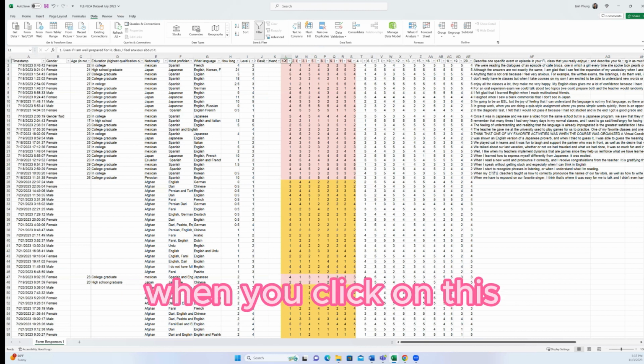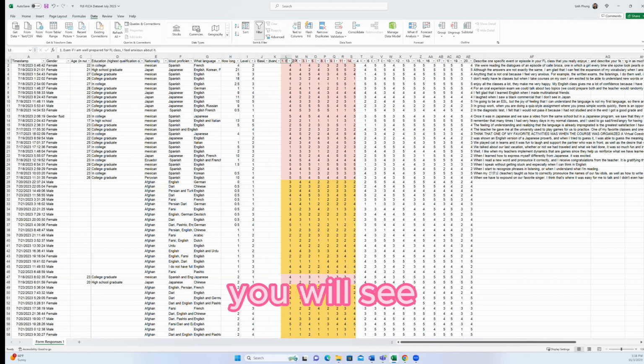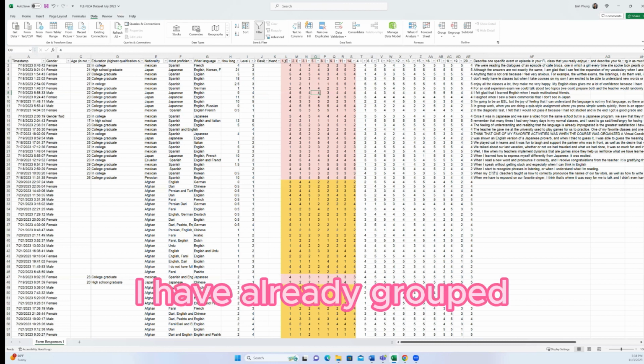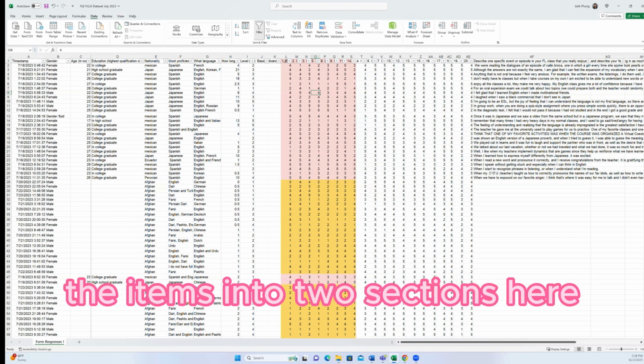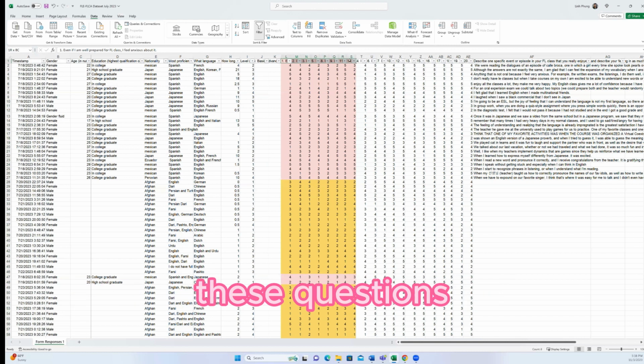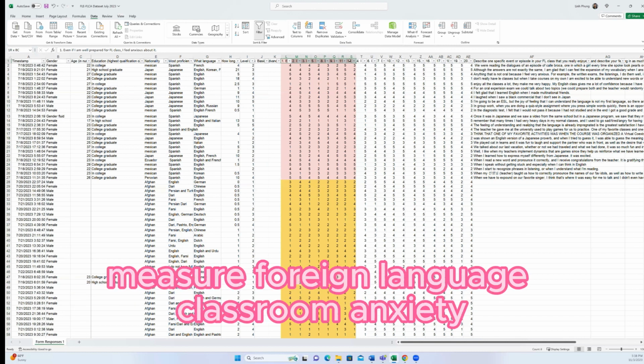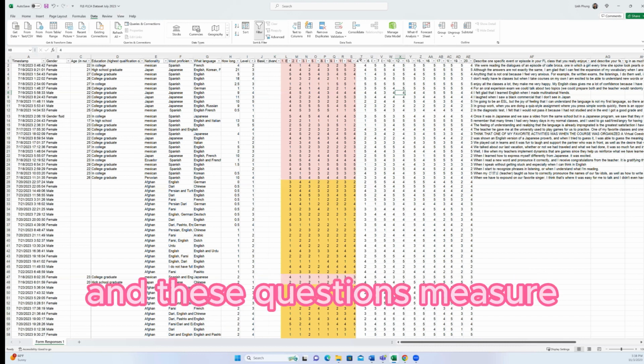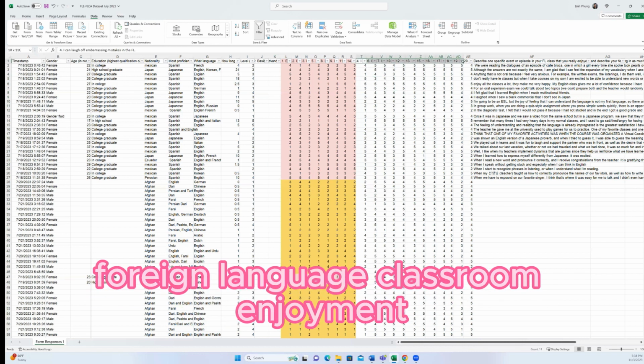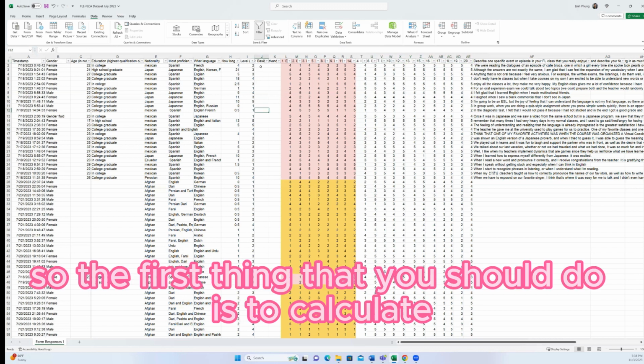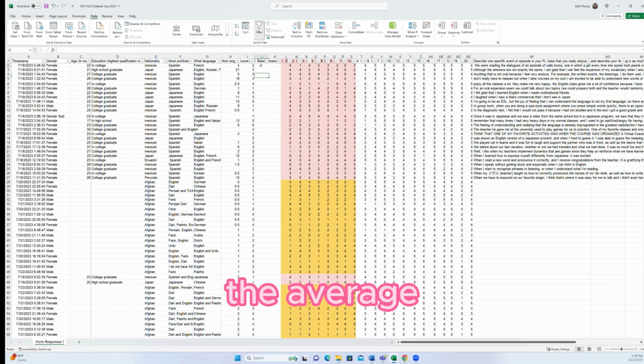When you click on this, you will see the item. I have already grouped the items into 2 sections here. These questions measure foreign language classroom anxiety, and these questions measure foreign language classroom enjoyment. So the first thing that you should do is to calculate the average, and you should calculate the average for